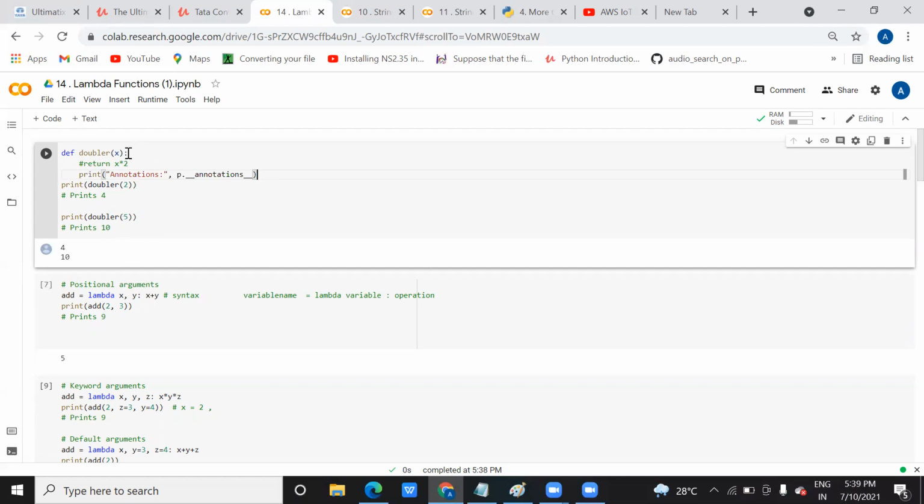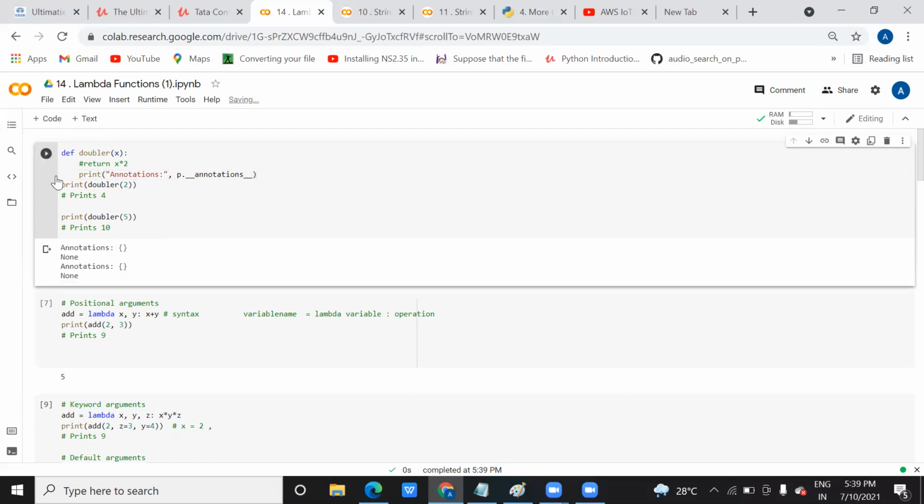Just assigning 5, annotation none, annotation none. But why is it not giving me any metadata?